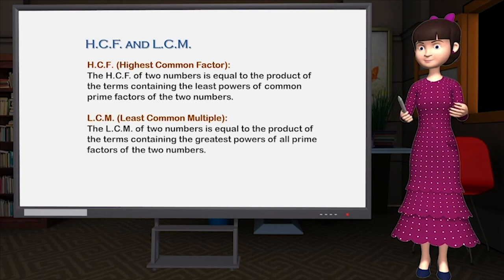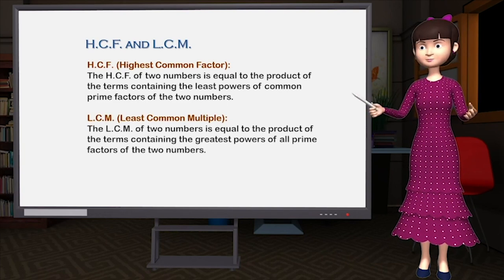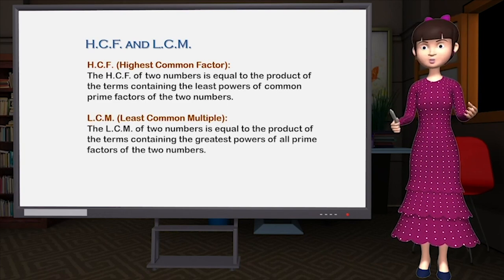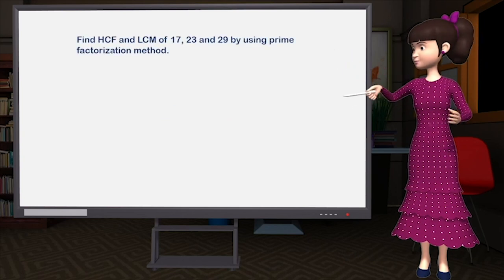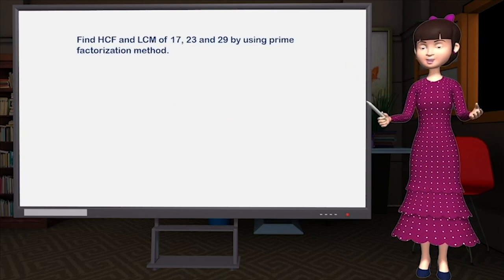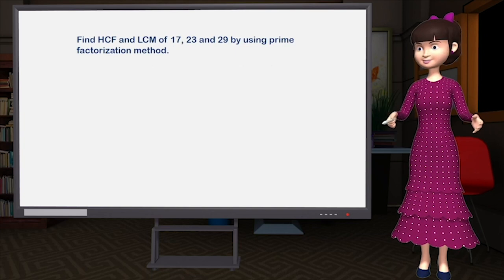The LCM of two numbers is equal to the product of the terms containing the greatest powers of all prime factors of the two numbers. Now let us find the HCF and LCM of 17, 23 and 29 by using Prime